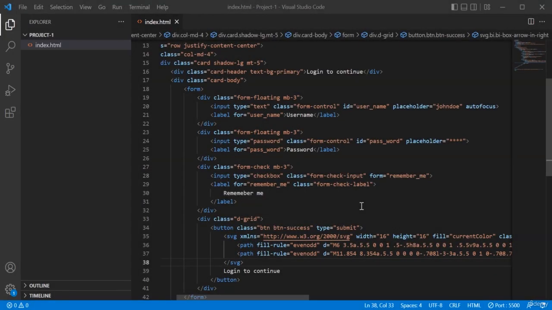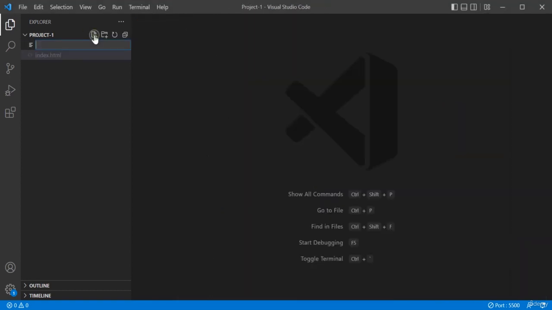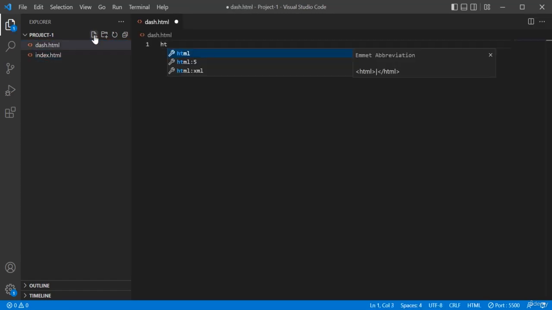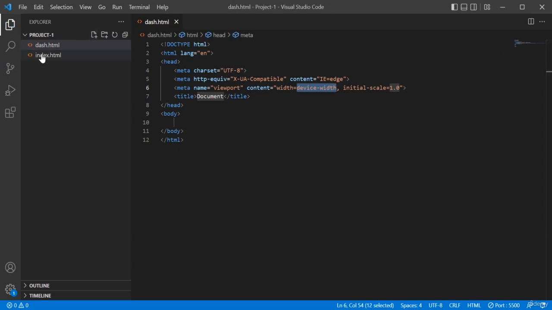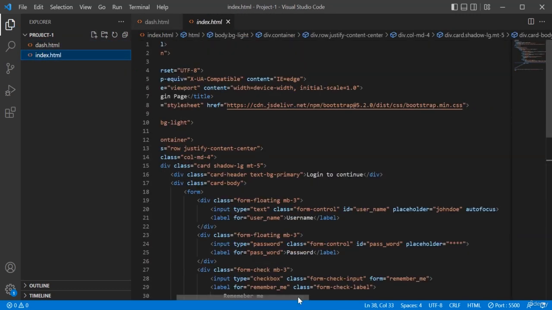Okay, now it's time for us to build our dashboard. So let's get started with that one. What we're going to do is close this, and here I'm going to create a new file. I'm going to call this dash.html, and here I'm going to say HTML5, and we already have this CSS and JavaScript, so I'm just going